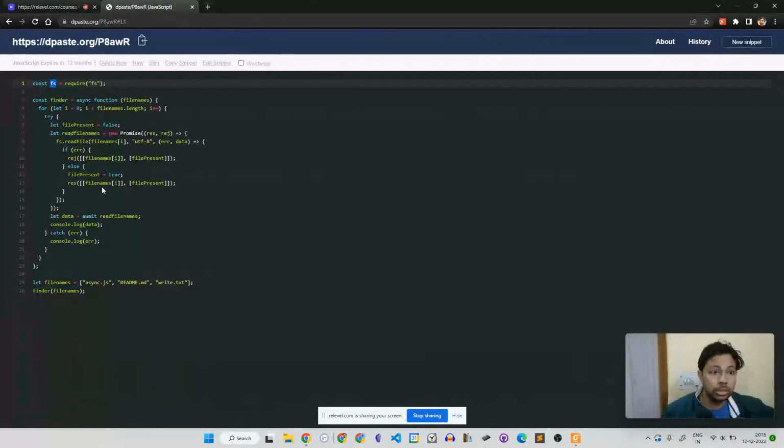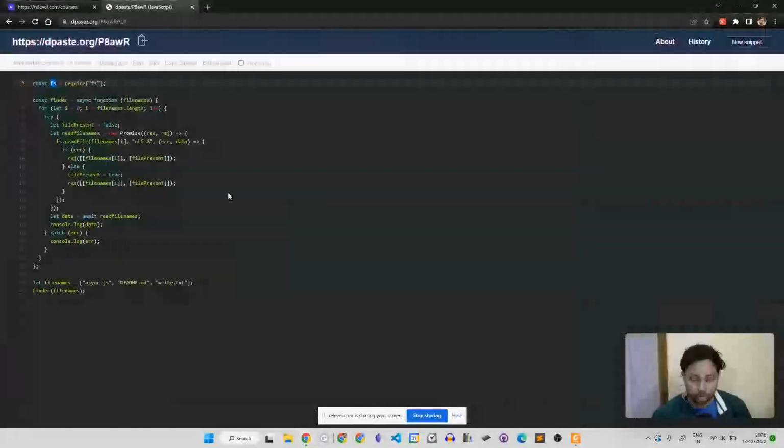If error is this, promise is this, result is this, reject is this. Find the file name. Okay. So if there is a result, then you print the data. Else you print the error. Yeah, that is good. I think this will work. So I'll stop sharing. This is correct.